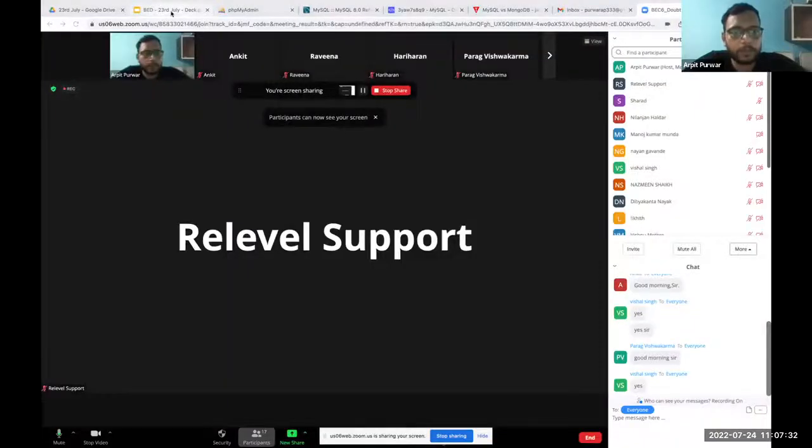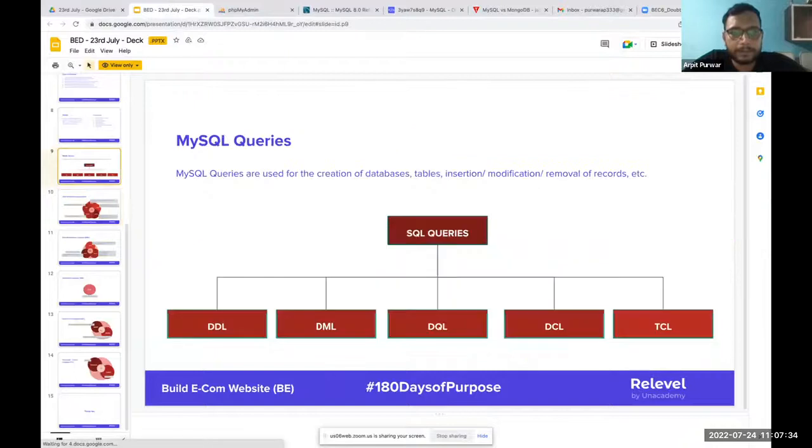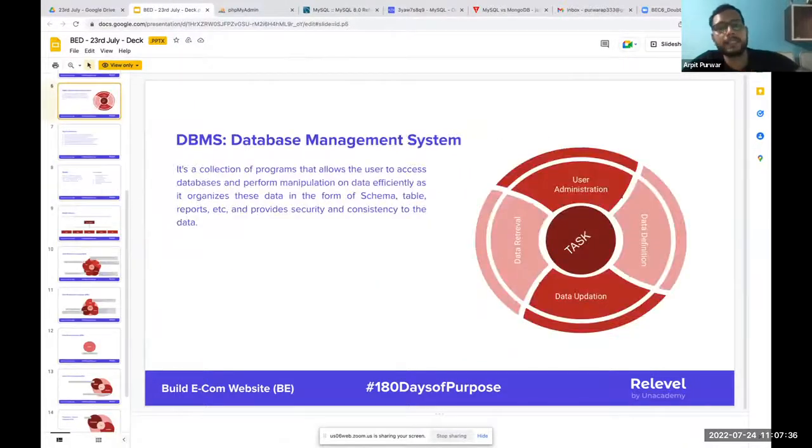For all those things, we need one database management system. Correct. So then we talk about the database management system, and in database management system, we had some of the tasks which it does. Let me share my screen so you guys can see the slide also according to flow. Yeah, this is the slide, and that's what we were talking about. These are the tasks, right? User administration, data retrieval, data updation, data definition. These are the tasks which we can do with the DBMS.